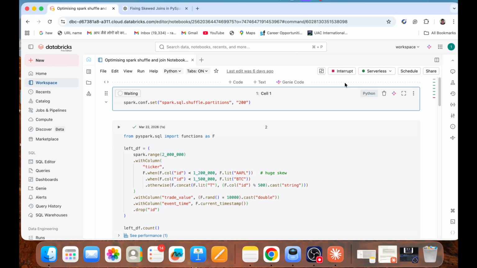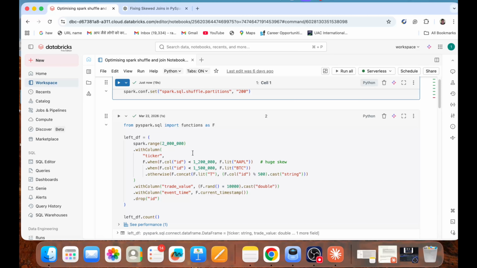For your information, I'm using Databricks Free Edition. It's available to everyone. I'll post a link in my video where you can create an account for yourself, and it will help you understand Databricks in depth, instead of just going through YouTube videos where you see a lot of stuff but don't actually do it. So I would prefer you to create an account for Databricks Free Edition and go from there. So this is a notebook which I have created,